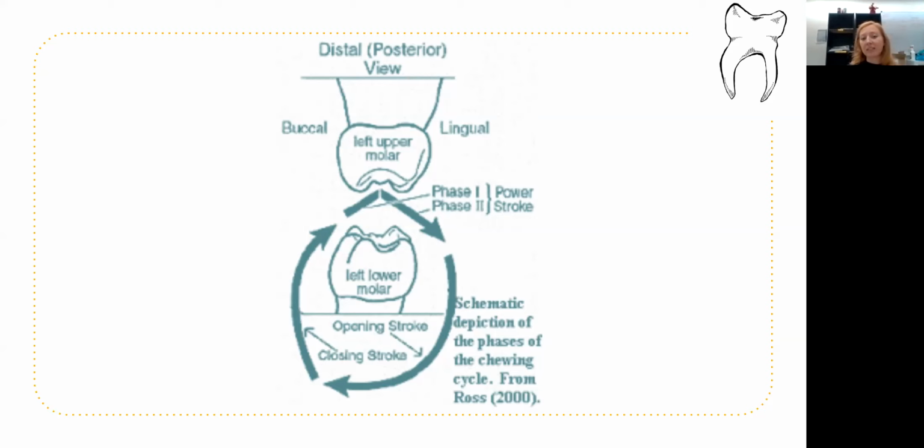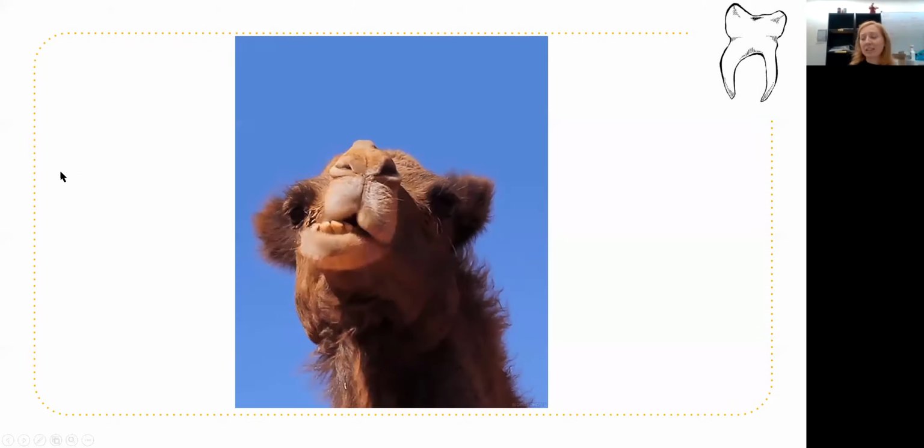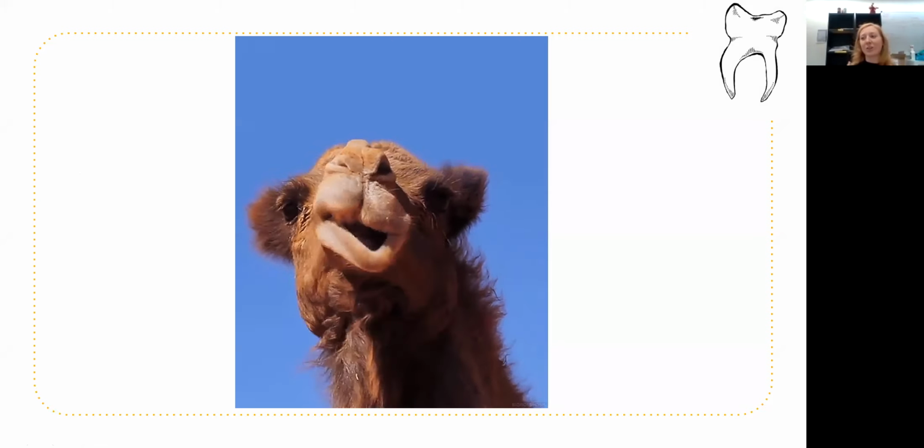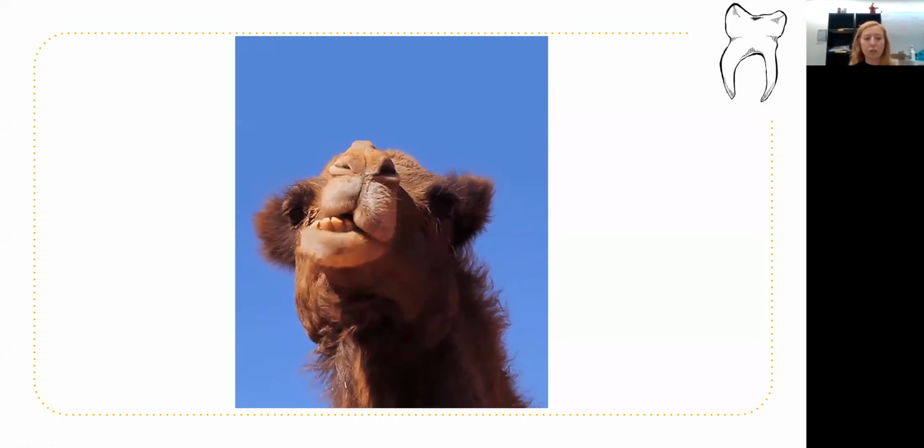And during this second stage, this is where the microfeatures form on your teeth. So these microfeatures are what's being studied in dental microwear and in DMTA studies. And then finally, in the third chewing stage, your mandible opens back up and returns to the starting position to start that chewing cycle over and over again. So these chewing stages are being demonstrated by this camel right here, which does a really exaggerated but super accurate chewing